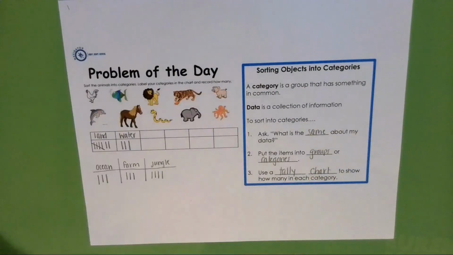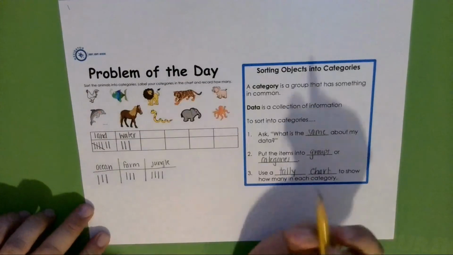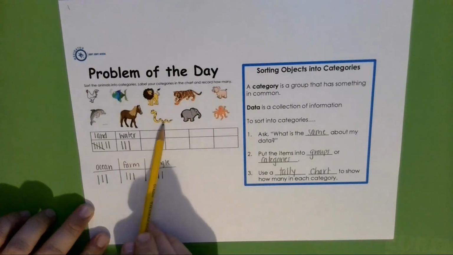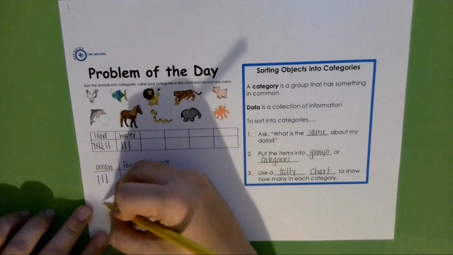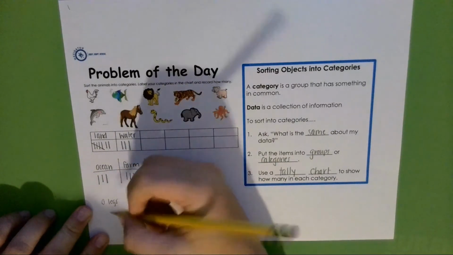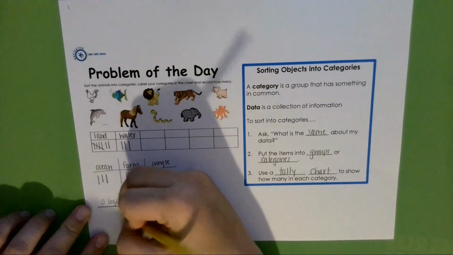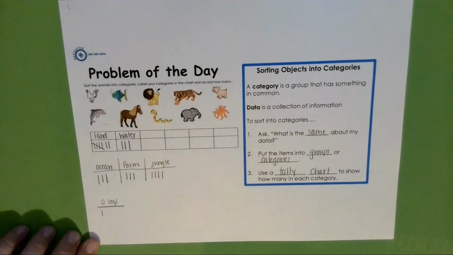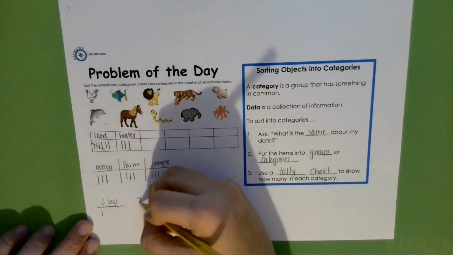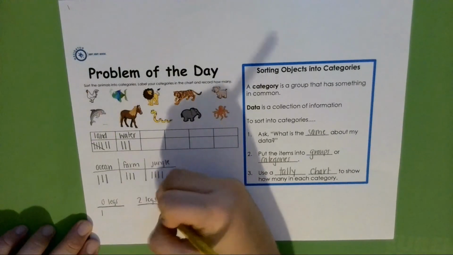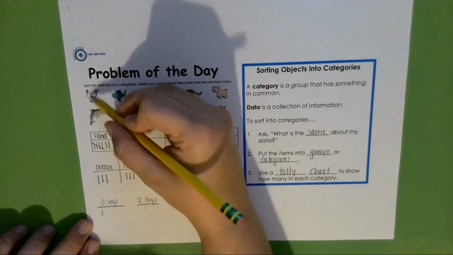But I had another scholar who did something different. Here's what they did. They sorted by number of legs. So first they looked and noticed that the snake had 0 legs. So they made that their first category. And they put 1 tally under 0 legs. Then they moved on to 2 legs. And they noticed that the chicken